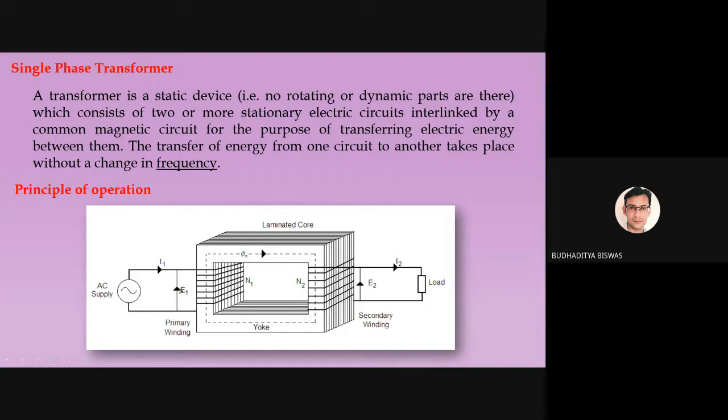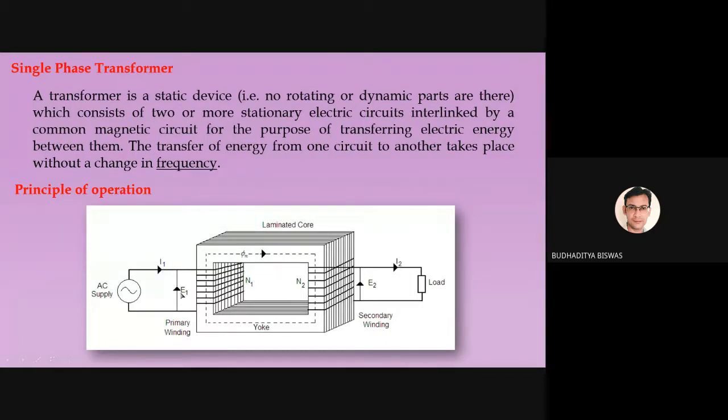This E1 is actually called the primary induced voltage, because when you apply some AC source across a solenoid, then after calculating the losses across the solenoid, whatever voltage remains actually produces this flux. So this voltage is called E1, or the primary induced voltage. When you apply this supply voltage to the transformer primary winding, some voltage will be induced across it. This voltage is called the primary induced voltage. Okay, and I1 is called the primary current.